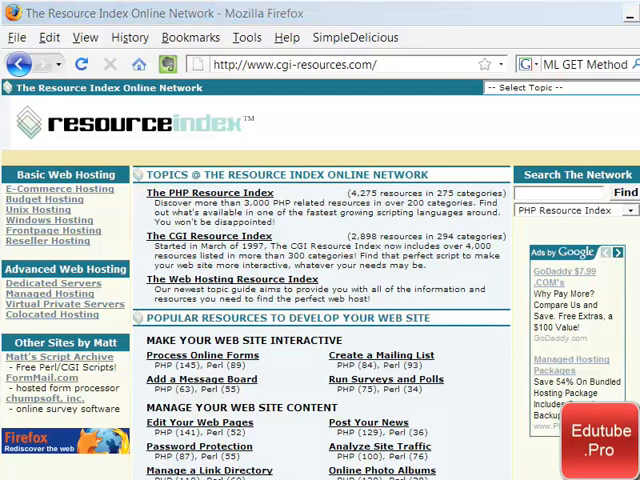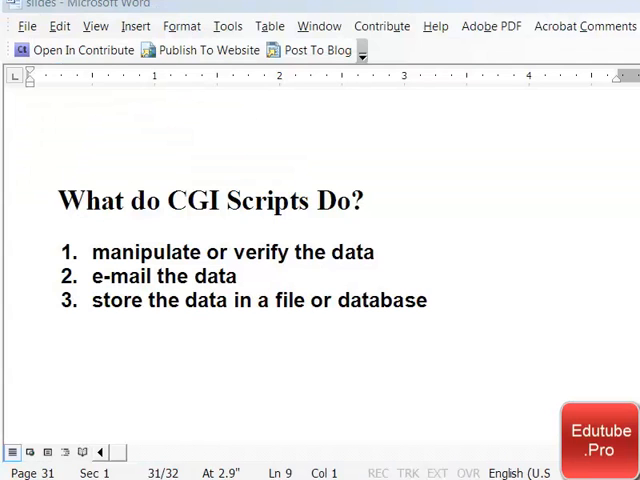Form handler CGI scripts are often written in Perl, Python, PHP, or other server-side programming languages like Java, and generally run on the same web server that serves your pages. These scripts take the form data and do one or more of the following actions with it. They manipulate or verify the data in the form. They email the data to you or to another specified email address, or they store the data in a file